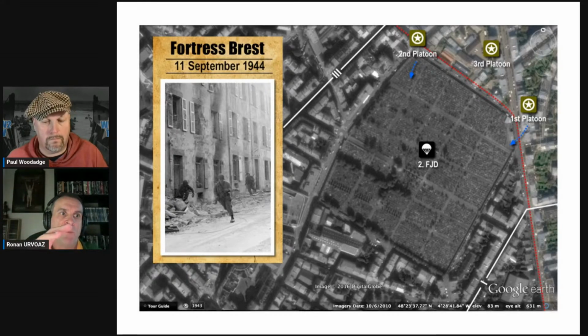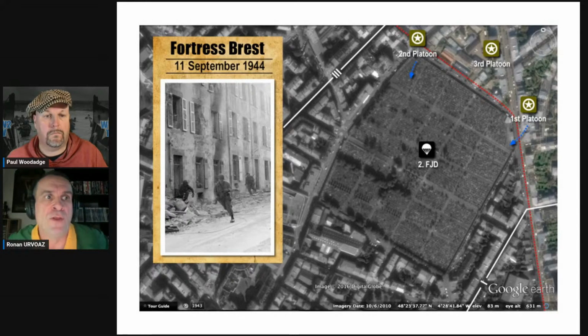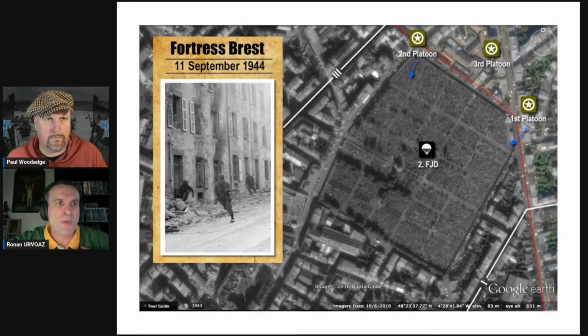So it was important to at least rotate them, so they could be dry, maybe have hot food for a change, and not be under the constant threat of death at any minute. It's just a big weight being lifted off, and also because they were coming from the States,